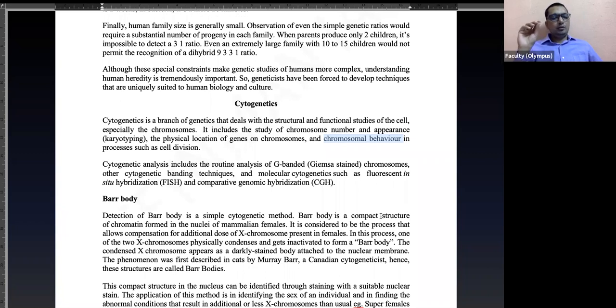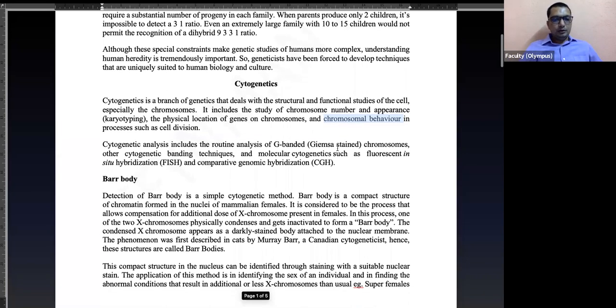Otherwise, if they only ask you about methods for studying man, so genetic methods in studying man, then you only mention karyotyping as part of cytogenetics, and we'll talk about twin studies and other areas. I'll tell you towards the end, once we finish discussing these methods, how to choose which methods, for a generic question and for a specific question. If you get a specific question on the cytogenetics part, what needs to be covered? So there are a few things I'm going to tell you here. One of them,